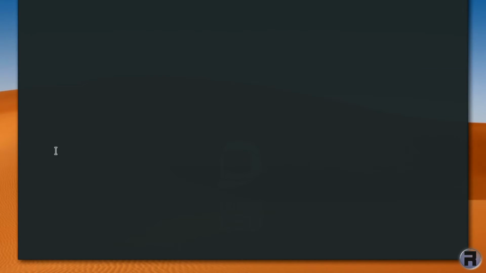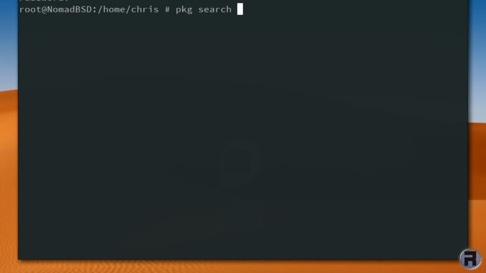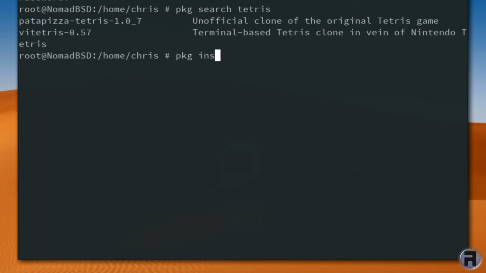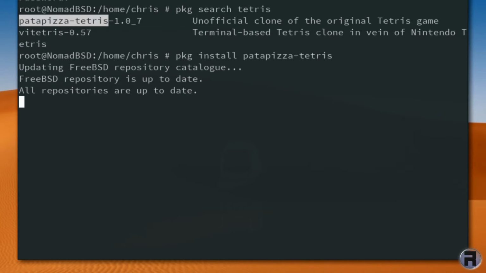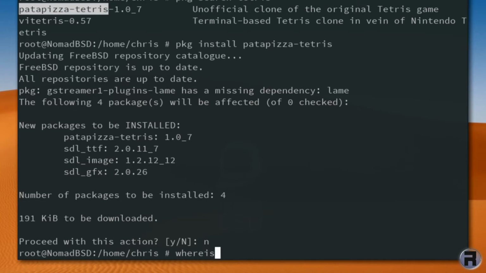Right, let's have a look. I'm going to install something which is missing really from it, which is a game. I'm going to have a look for a quick Tetris game. I don't want that one. Yeah, maybe. So installing something is the same as you do on FreeBSD, which is basically pkg install if you want to install the precompiled package. The thing it complains about is